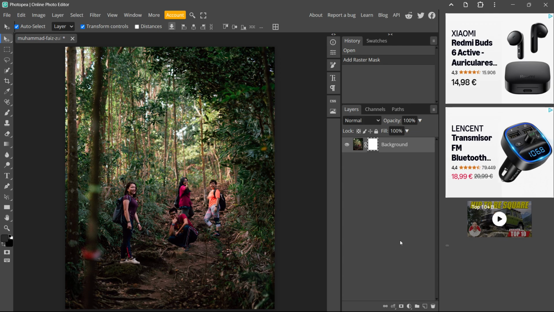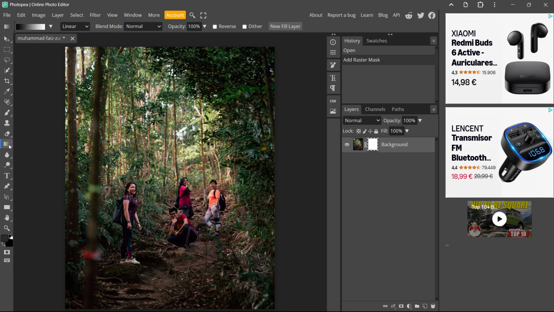As soon as you click it, you'll see a white thumbnail appear next to your image layer. That white thumbnail is the mask, and it's what we'll use to fade the edge of the photo. Next, go to the toolbar on the left and choose the gradient tool. You can usually find it by pressing G on your keyboard, which is the shortcut for the gradient tool in